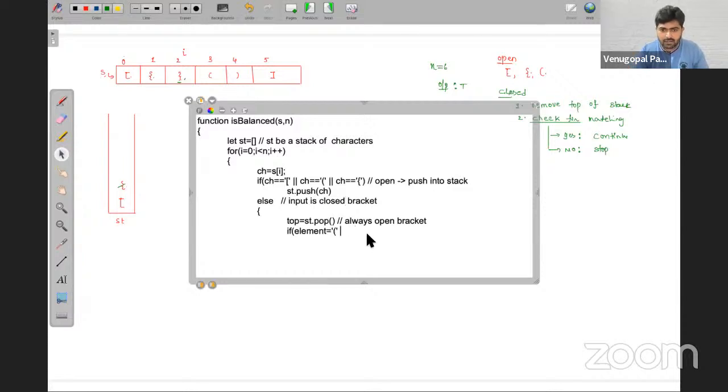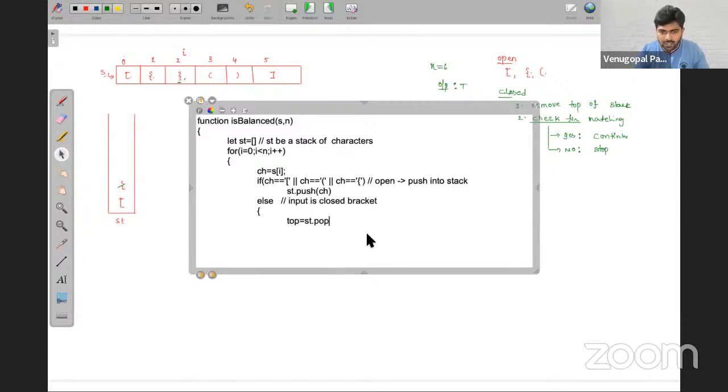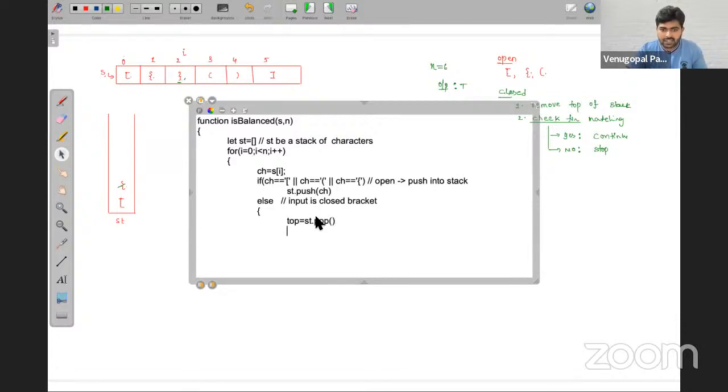Now there will be no confusion, right? If it is open, you have pushed into the stack. In case your input is a closed one, I'm going to take one variable called top and do st.pop. I have removed an element, that is the first step. I have taken the variable as top. Now compare for the matching.